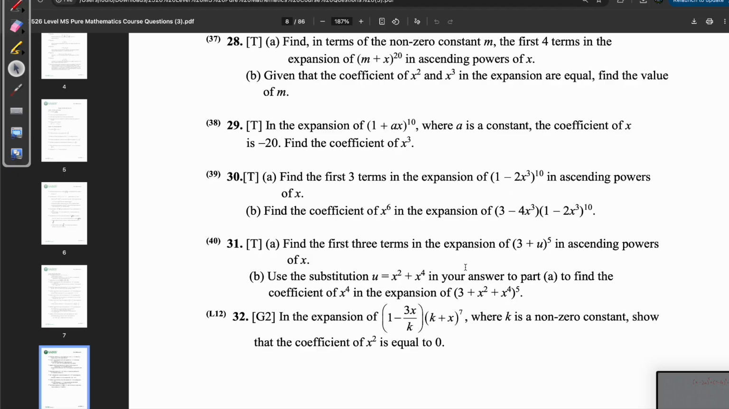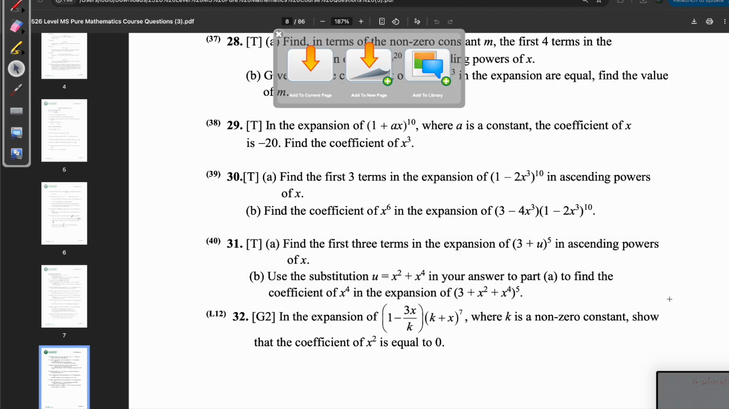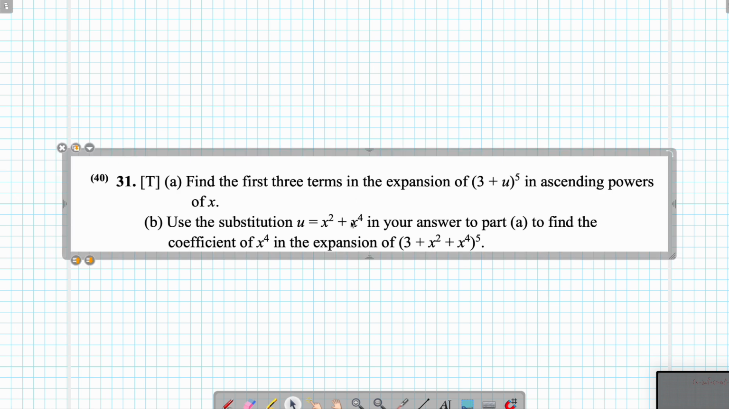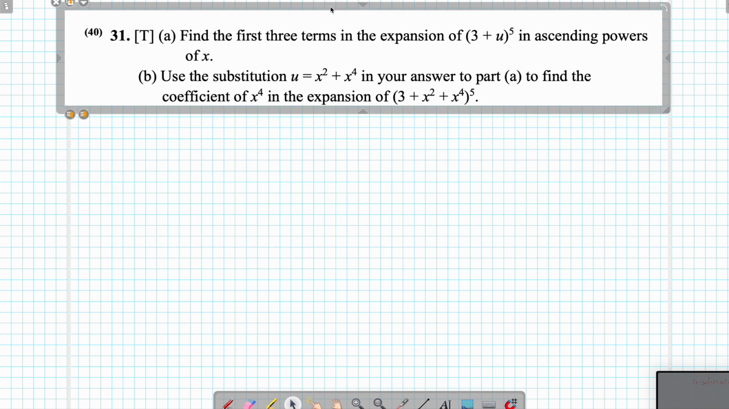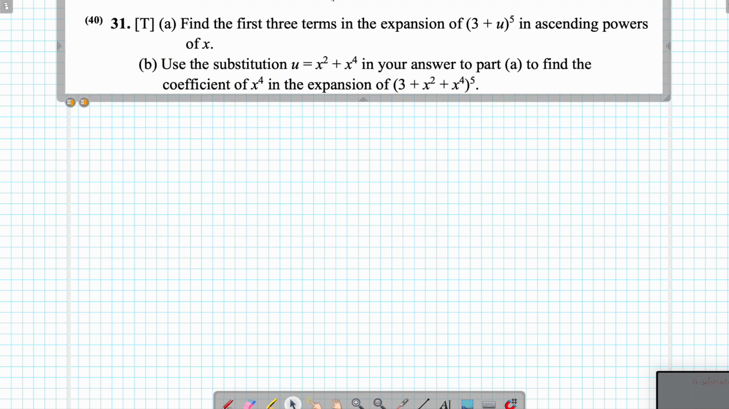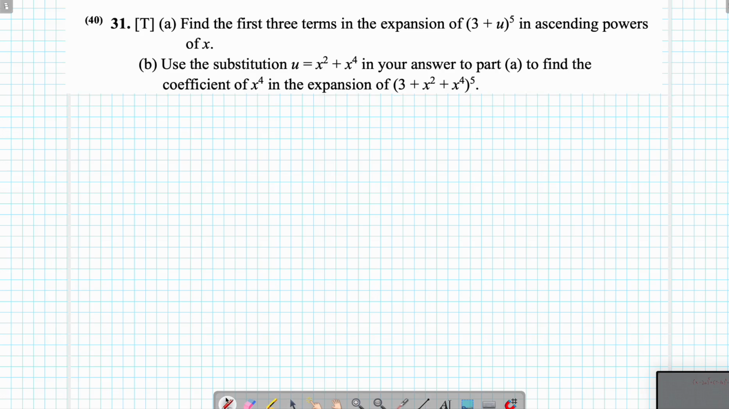Now for the final question of this video. Find the first 3 terms in the expansion of (3 + u) to the 5 in ascending powers of u. Okay, find the first 3 terms. So